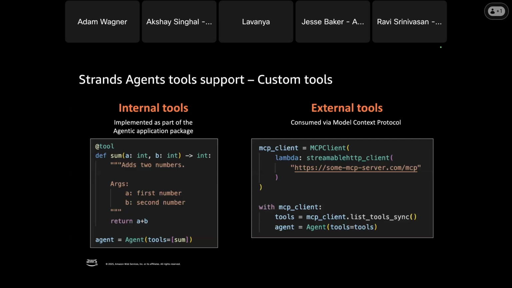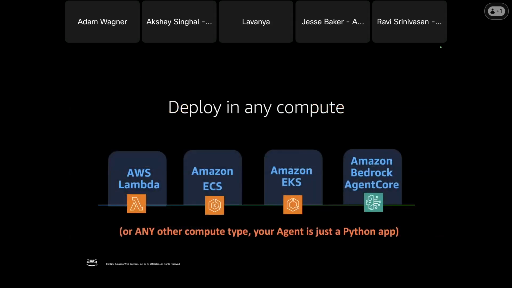Once you have your agent defined, it's calling tools, and you have everything ready to go, you can run that Strands agent on your laptop, but you're going to want to deploy it for production at some point. The beauty of Strands is you can really deploy it anywhere. We can deploy it on Lambda, which is what we'll show today, but you could also deploy it as a container on Amazon ECS, Amazon EKS, or Amazon Bedrock Agent Core Runtime. So lots of different places where you can deploy your agent depending on your preferences and your specific use case.